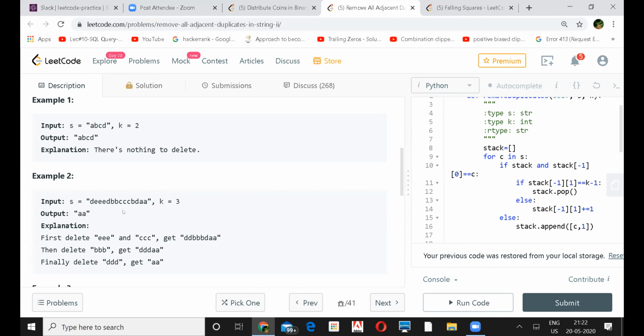And so when you erase them and your pointer is moving, like as you did for E, and then went ahead with CCC. In the first iteration, there were only 3 E's and 3 C's that you could remove. Then the string again formed was like DD, BB, whatever was shown. Then again you could remove the 3 B's there, right? Then after that the triple D's came together and then you have that A. So you remove those last 3 D's in the third iteration, correct?